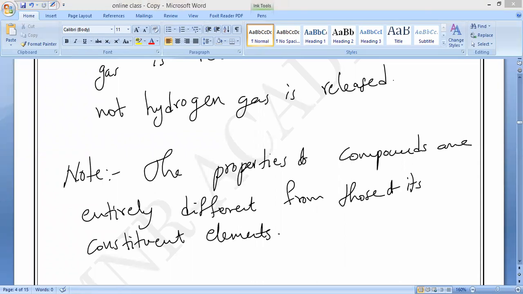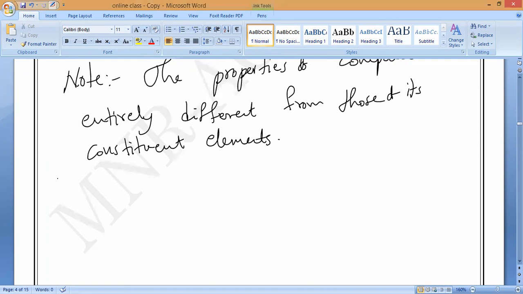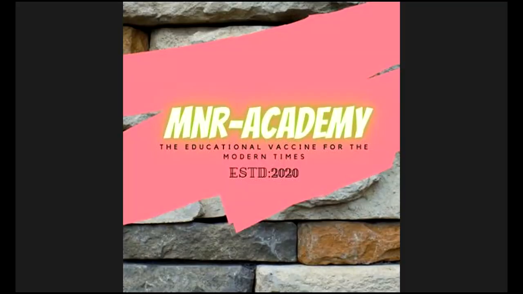So now, the third point. This is the second point, right? Any doubt in this? Please let me know. First, what is the point? If you bring the magnet near the iron sulfide compound, what will happen? Is it showing any property? No, sir. Next, if you add the sulfur, what is that compound called?